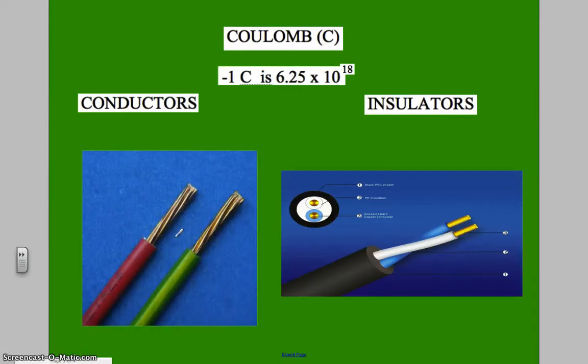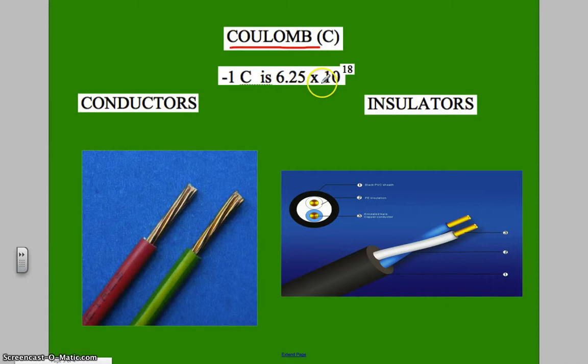The standard unit of electric charge is called the coulomb, and it was named after a person named Coulomb. You have to have many electrons to transfer to make a charge of just 1 coulomb. Now we mentioned there are a lot of atoms, which means a lot of electrons in us. Negative 1 C, which means a negative charge registering 1 coulomb, is